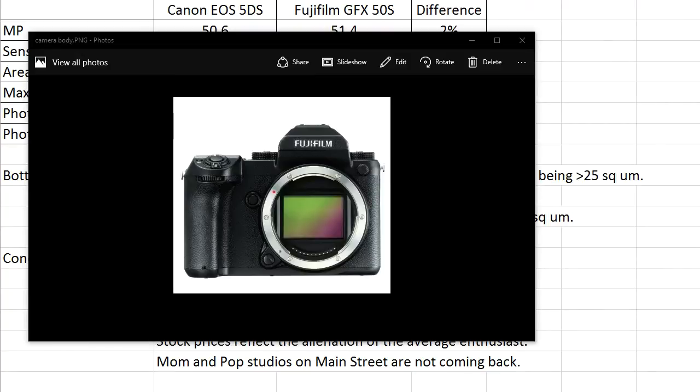But anyways, I'm really excited about this camera. I think it's going to be a tremendous camera, and it's the GFX 50S. So I'm showing you a shot of the camera here. I borrowed this from